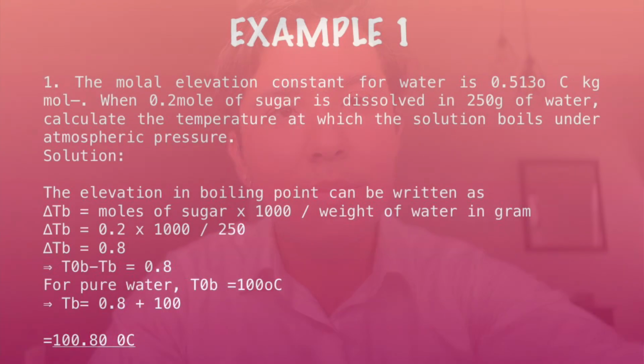Now I'm going to show some examples where the colligative properties are used to solve problems, okay? Now we have the first example, which says the molal elevation constant for water is 0.513 degrees centigrade kilograms per mole. When 0.2 moles of sugar is dissolved in 250 grams of water, calculate the temperature at which the solution boils